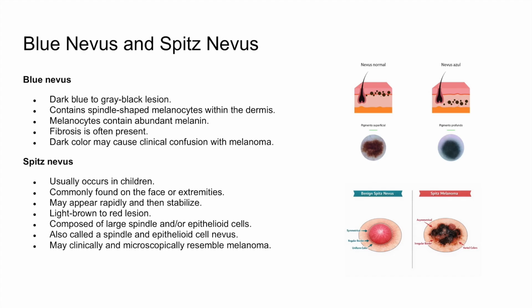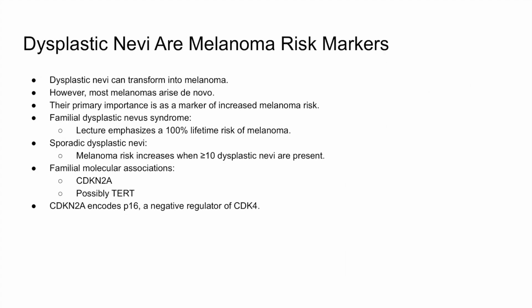So dysplastic nevi can rarely transform into melanoma, but their greater importance is that they identify a patient with an increased overall melanoma risk. Most melanomas still arise de novo rather than from a pre-existing dysplastic nevus, and risk increases as the number of dysplastic nevi increases. Familial atypical multiple mole melanoma syndrome is commonly associated with germline CDKN2A mutation, and CDKN2A encodes p16,